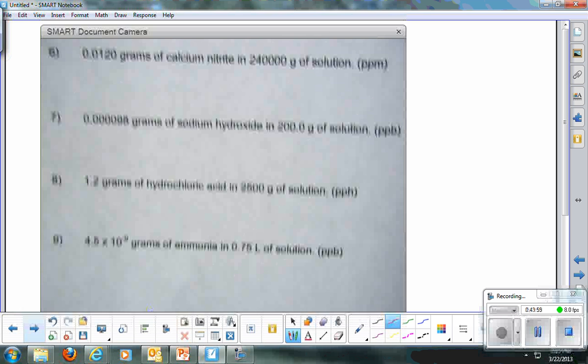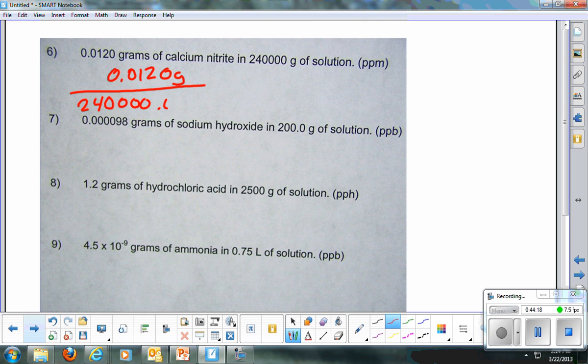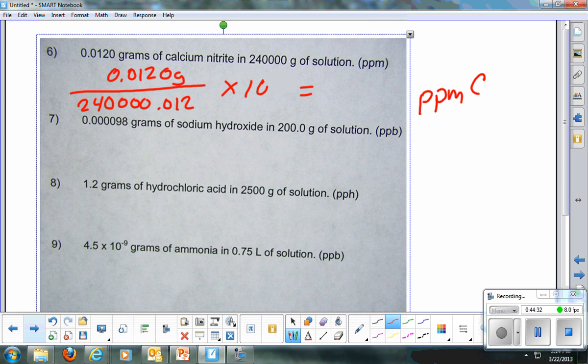Next group here, you're asked to find parts per million. What was parts per million? Do you remember? Times 10 to the 6. So I'm going to take this 0.0120 grams divided by 2,400, 1234.012, because I had to add that on, right? Add them together, times 10 to the 6, thank you, equals whatever ppm, parts per million,